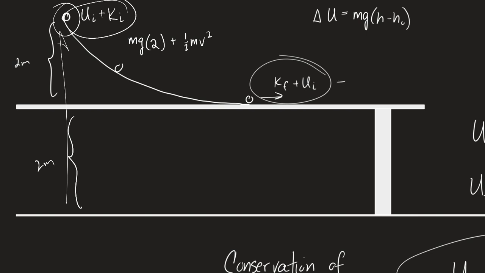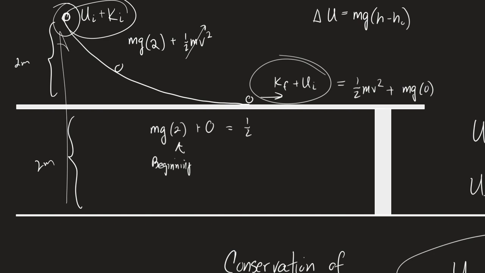By doing that, when it makes it to the bottom of the table, the potential energy is now 0. It's on the table. That was my reference level. Now here's the thing. If the ball wasn't rolling, if I just sat it on the top of the ramp, it has no kinetic energy at the start. So all of the energy at the beginning, all that energy is potential. At the bottom of the ramp, all that energy is going to be kinetic.